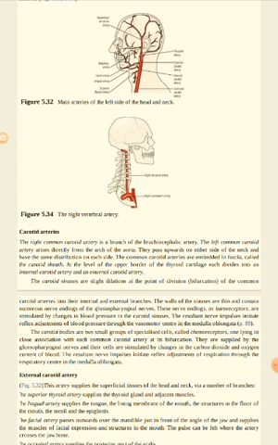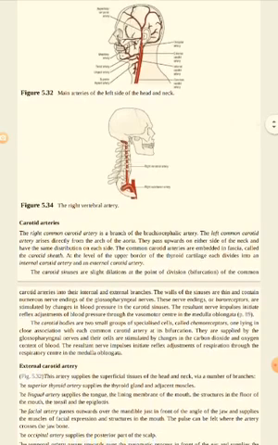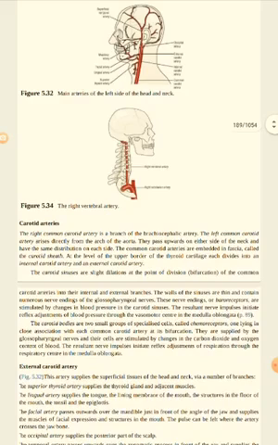So we learn about three things. First of all, the common carotid arteries, which divide into external and internal carotid, and through external and internal branches supply various regions of the brain. Then we have carotid sinuses and carotid bodies. Carotid bodies respond to changes in the carbon dioxide and oxygen content, while carotid sinuses relate to the changes in blood pressure.